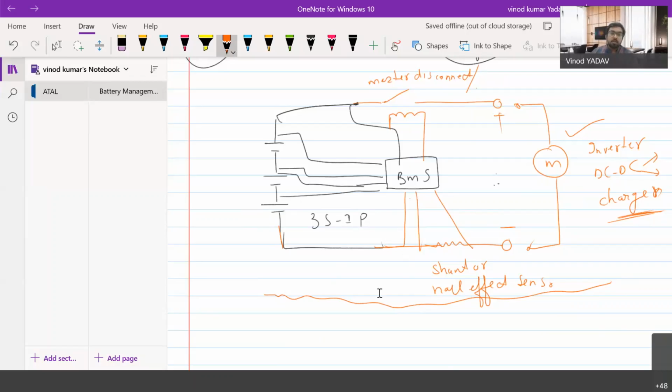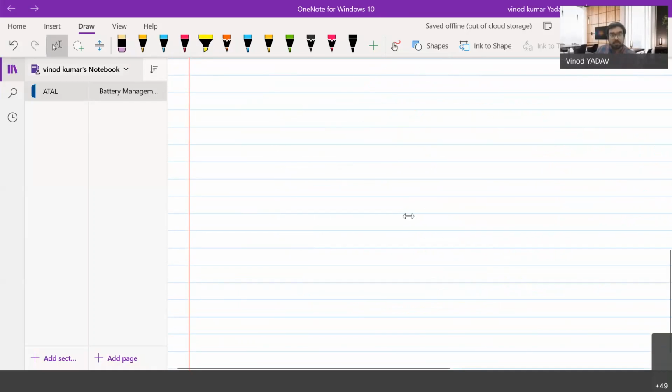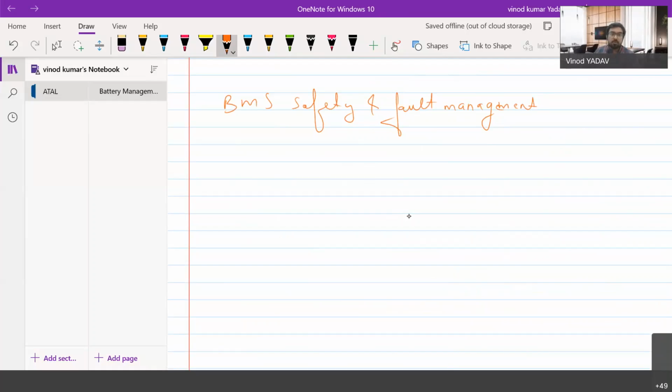So next we come to the BMS safety and fault management system. Now we already know the battery management system will check the temperature, the current, and the voltage. But how does it work? To understand that, let me plot